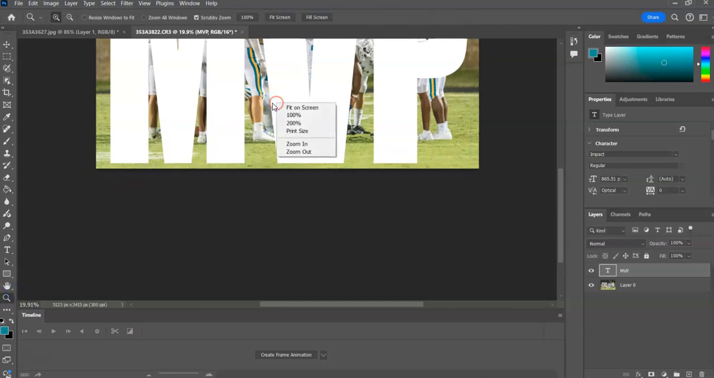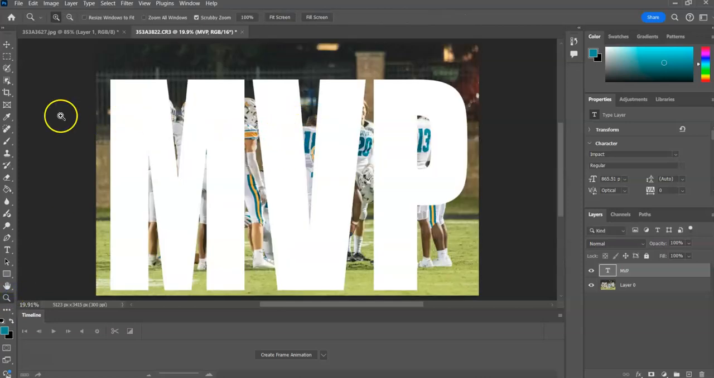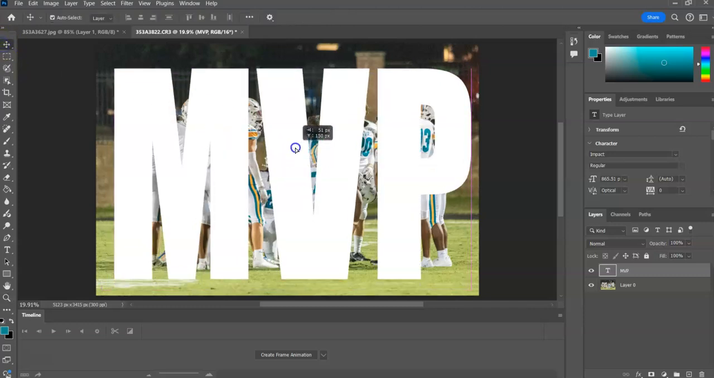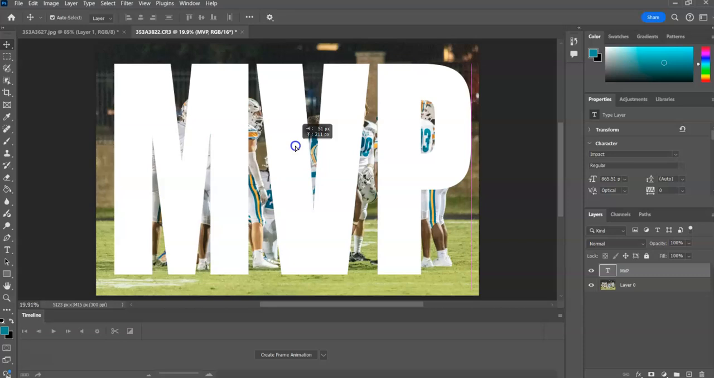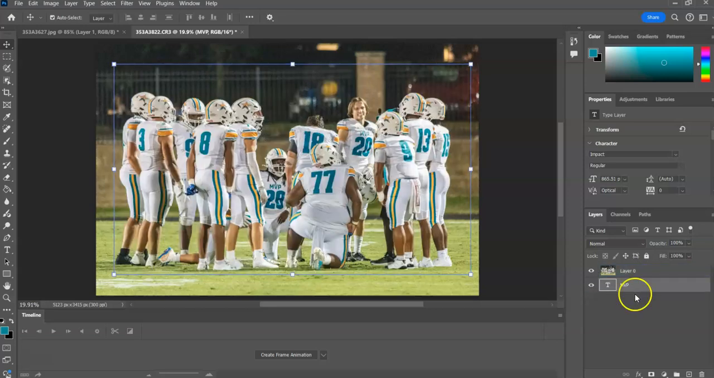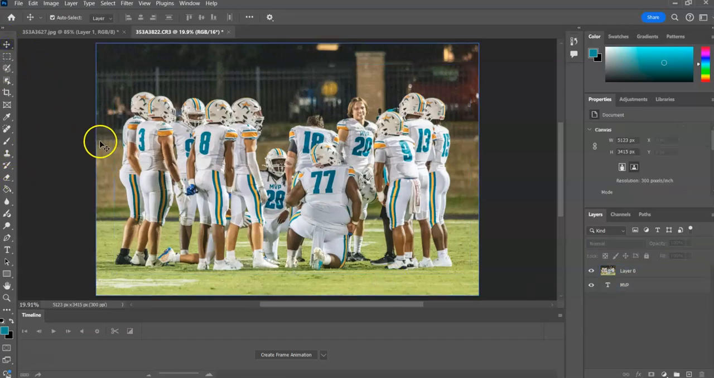Click on the magnifying glass, right click and hit fit on screen. It'll fit on screen for me. Just going to move this a little bit more to about there. And then the next thing I do, I want to make sure that my layer that has the text on is underneath my picture. So once I've done that, I'm basically going to click, deselect this, and